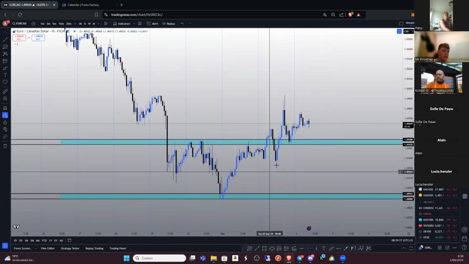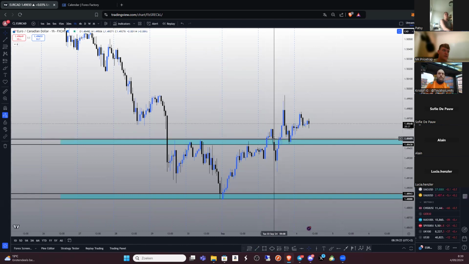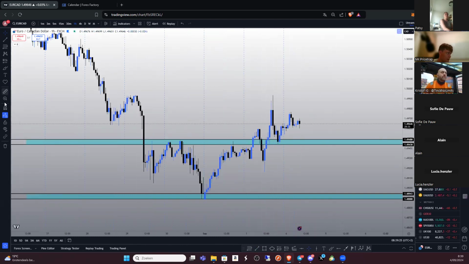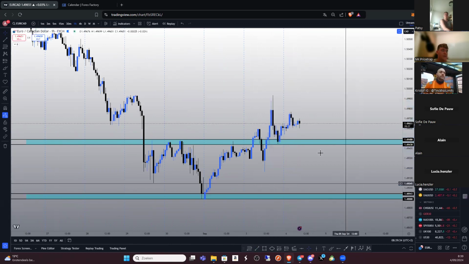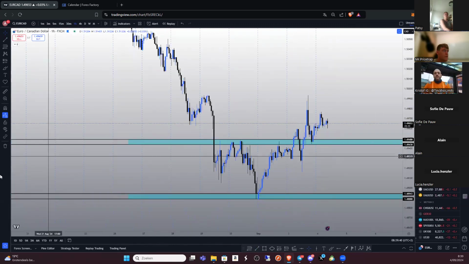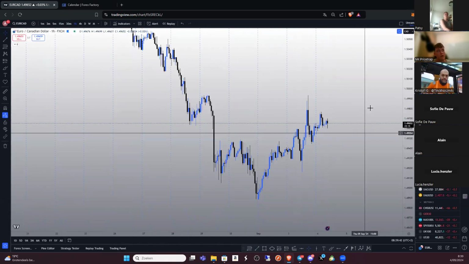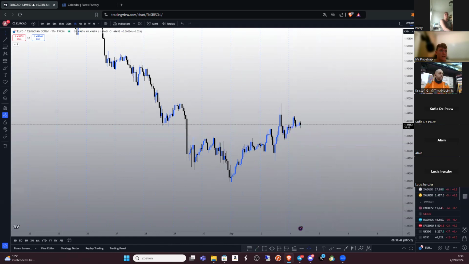If you were able to anticipate on this big move upwards and have an amazing trade with this buy over here. There was a beautiful potential of like around 70 pips, 75 pips, something like that. So definitely a 1-on-3 was in there as possibility. Okay, now I'm gonna delete that one. Maybe I'm coming back on this one. This can be interesting for today, but I will do that on the end of the session.